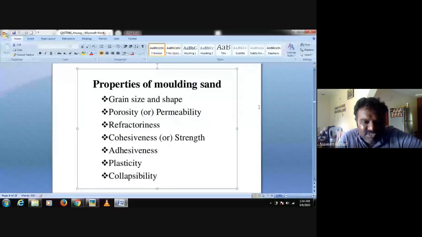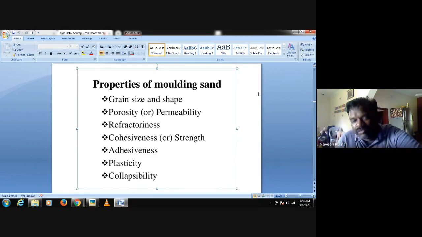And the next one is collapsibility. Collapsibility normally refers to easy breakdown of the molding sand at the time of removal of the casting out of the mold cavity. But apart from that, there is one more objective of collapsibility. That is with respect to the cores, which we already discussed. With respect to cores, collapsibility is the ability of the molding sand to reduce its volume by itself to some extent to accommodate the